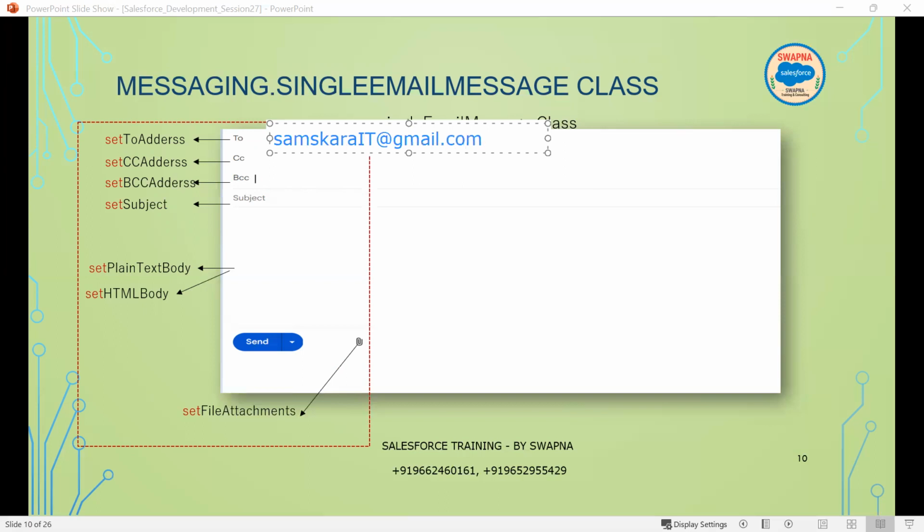samskarait@gmail.com. I'm adding the to address and I'm adding some subject here and the body, I'm adding some details here. And I'm attaching something here, and who needs to click on the send button? The send button needs to be clicked by the,